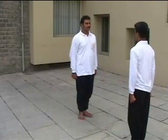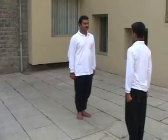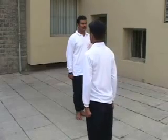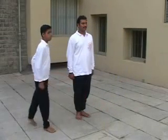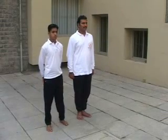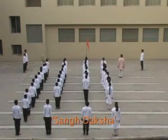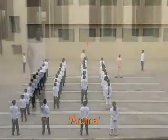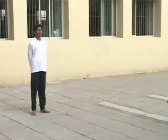After giving the total Sankhya, he or she shall do the following in 5 steps. Take the left foot 1 step 60 centimeters to the left. Take the right foot to the left. Take 2 steps forward, starting with the left. Do Ardhavruta. Do Arama. The Mukhya Shikshak will then give the order, Sangha Daksha. Arama. Then the Mukhya Shikshak runs towards the Karyavaha to give the Sankhya, while stopping such that